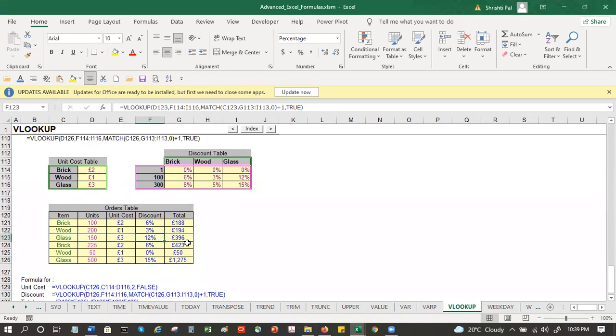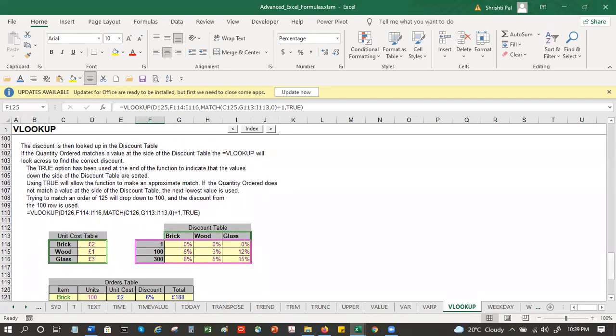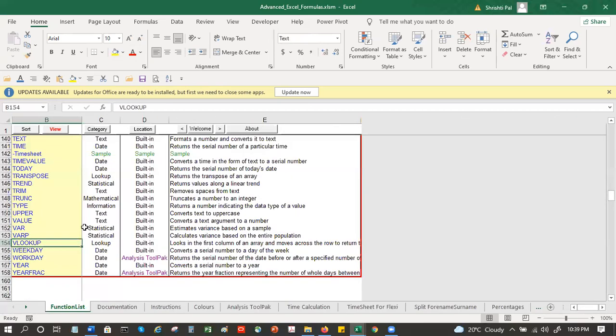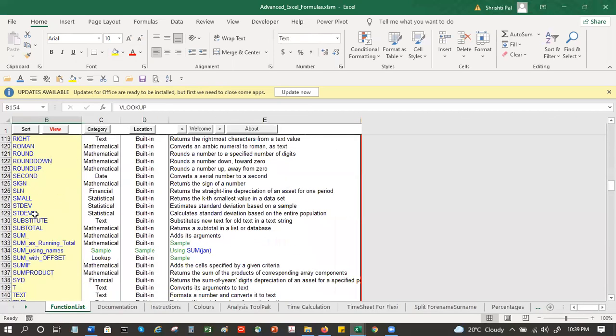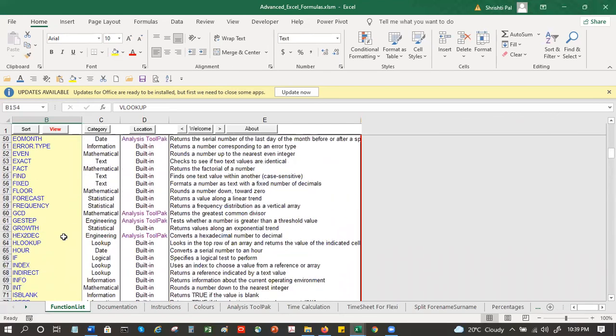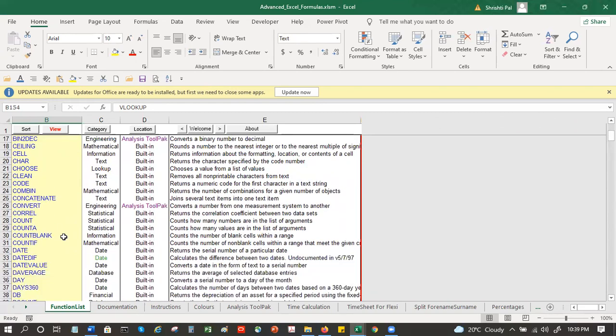I will email this to you. So you can keep this with you in case whenever you're stuck, you can look at this. Certainly, we have looked at a lot of these functions, the most common ones, right? Sum product, sum if, count if, all of them are here. I don't think that I would be needing them all, but definitely a knowledge of these is good to keep with me. Yes, absolutely.